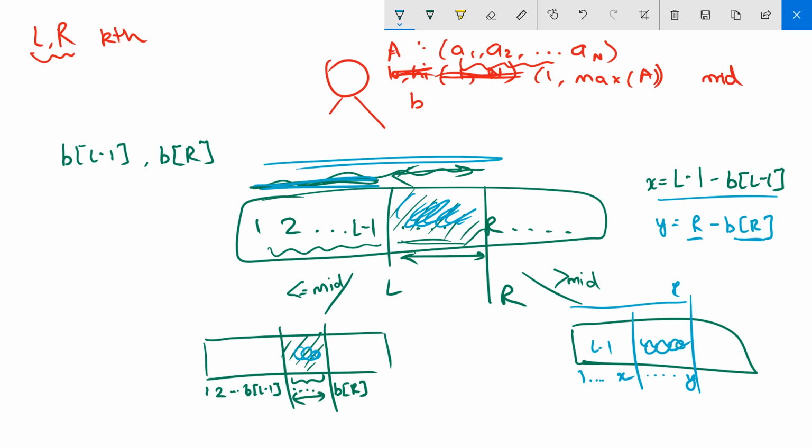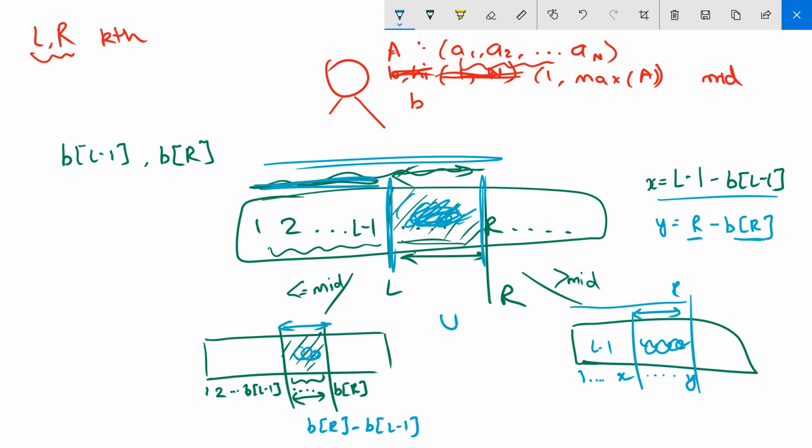So what I'm doing now is, how many elements from here went here? That is simple: B of R minus B of L minus 1. Fine. And the L to R segment in this is now composed as this segment union this segment, right?